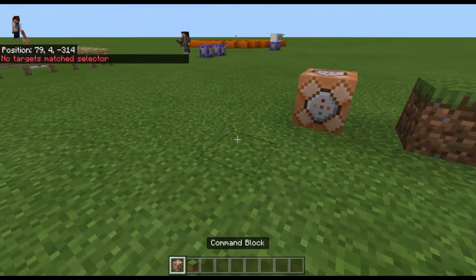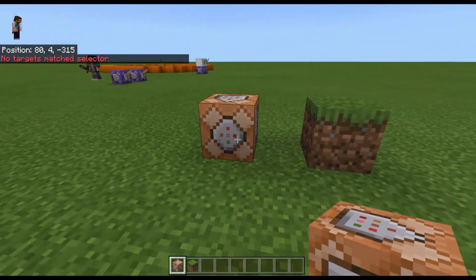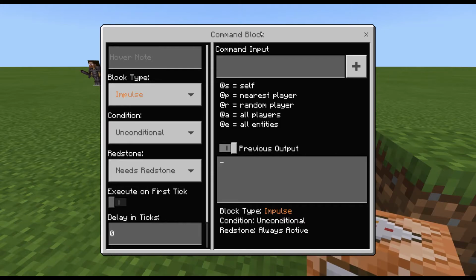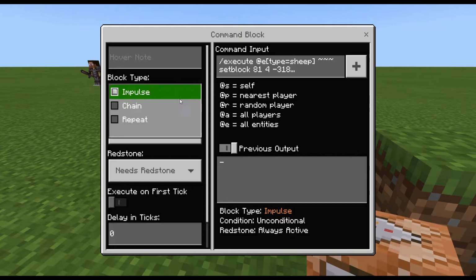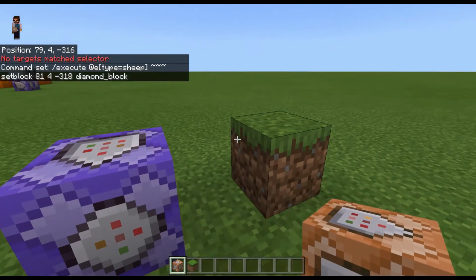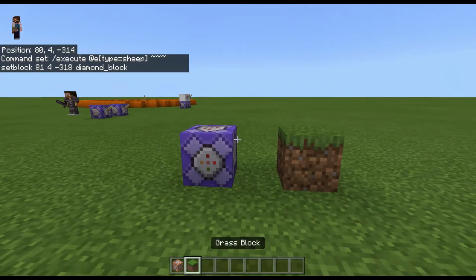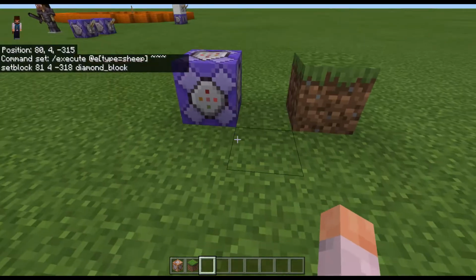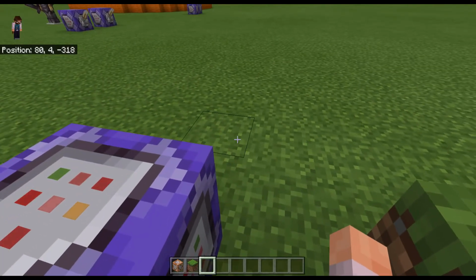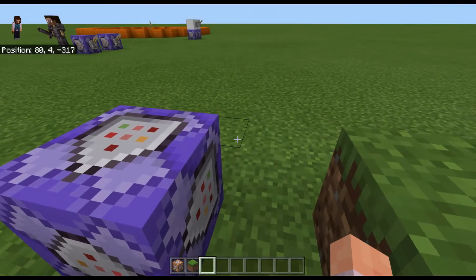So there's no targets match selector because I haven't got sheep in the world. But if I wanted, where my mouse wants to move, there we go. Say if I wanted to set this block to the right of the command block to a diamond block when there's a cow, you would, if you look back at some of the commands we've been doing, you would do a test for to test that there is a cow, a sheep, sorry, and then you have a set block